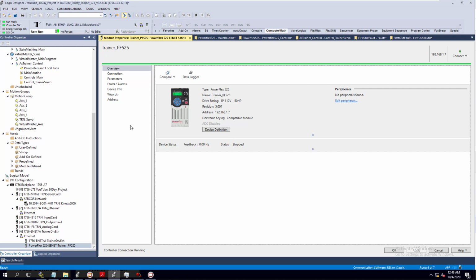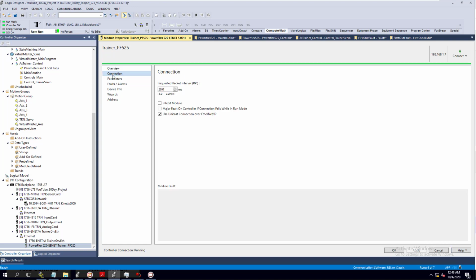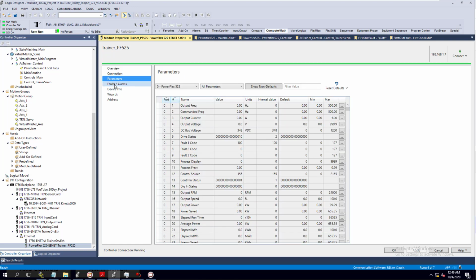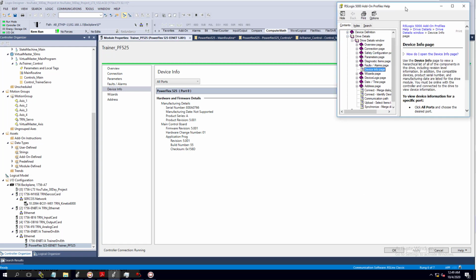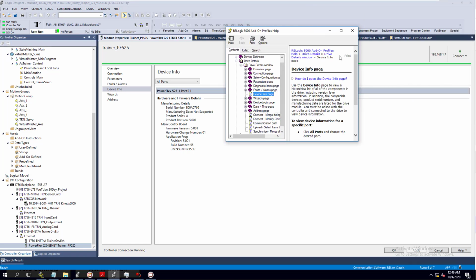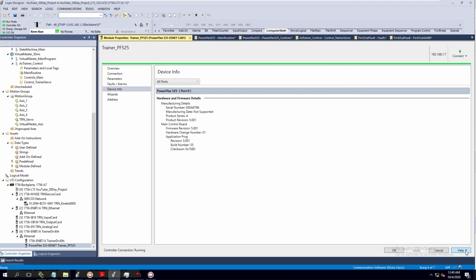The cool thing behind this is you come down here to help. See how it automatically synchronizes? This is live, so you can see all the information on it, but that's not the cool side of what I'm bringing up. The cool side is you can come to help. See this help file down here? You can get software help that's pulled up right here. This is another cool thing. You can get